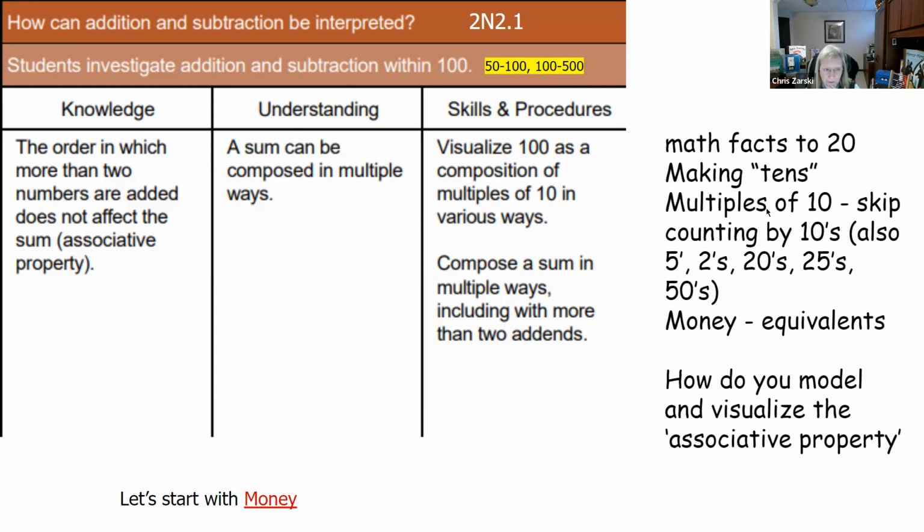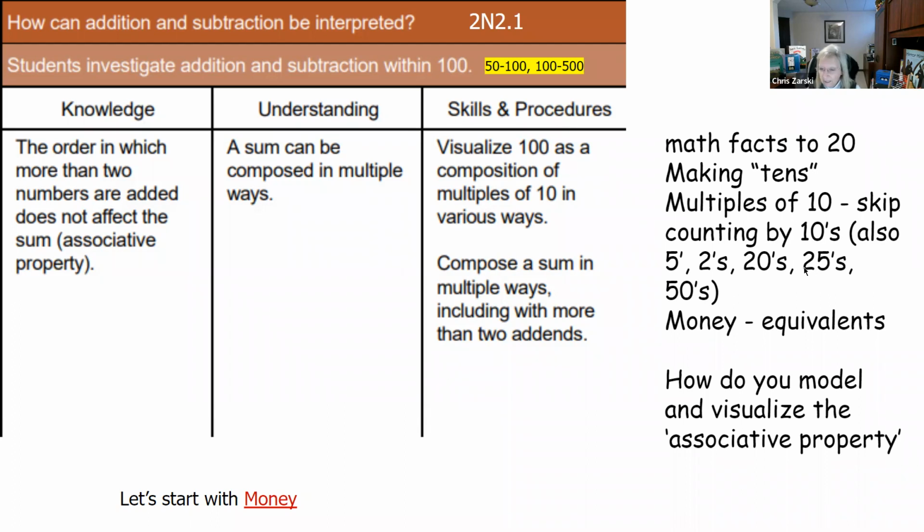This is also where we're using skip counting. So we're going to be skip counting, making tens. You're skip counting by tens, by twos, by fives, by 20s, by 25s, right? These are the ones that they did in grade 1, but since they didn't all arrive perfectly ready with those at your door, you're still probably working on these as well. Money again, there's my dimes, there's my nickels, there's my $5 bills, there's my toonies, there's my $20 bill, there's my quarters, right? This is the money.